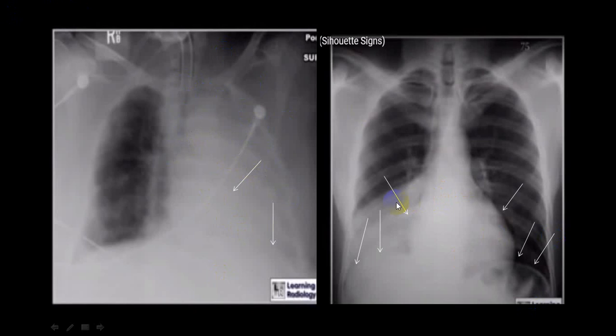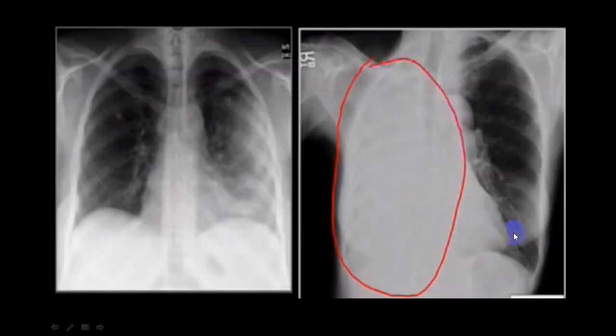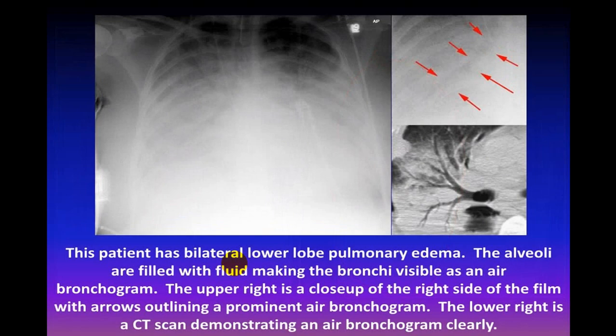While here you can see an air bronchogram, you can see a little lateral margin of the right atrium, diaphragm roughly you can make out, and there is a little air bronchogram. So this is a right lower lobe consolidation. You try to identify all these findings. This is a homogeneous opacity on one side, trachea to the same side, so this has to be a collapse. So try to have whatever I have explained before. You go through all these different x-rays. There are a lot of x-rays, and you make a diagnosis on your own. So try to go through all these.